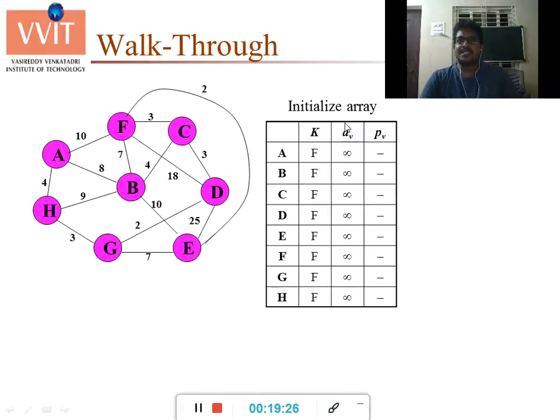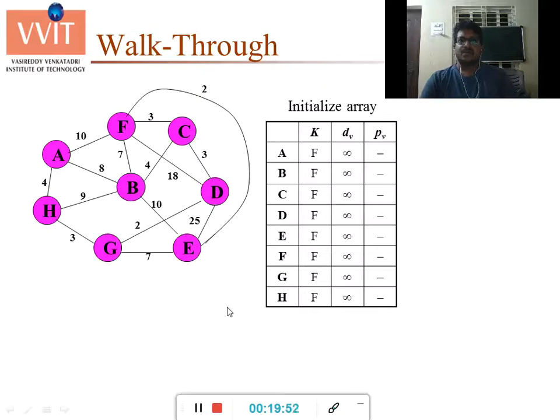And here this dv represents the distance of the vertex from this node to this node. We call it distance or cost or weight. And here this pv represents the previous vertex. So initially I have taken infinity. From this node to this node, I don't know what the cost is.